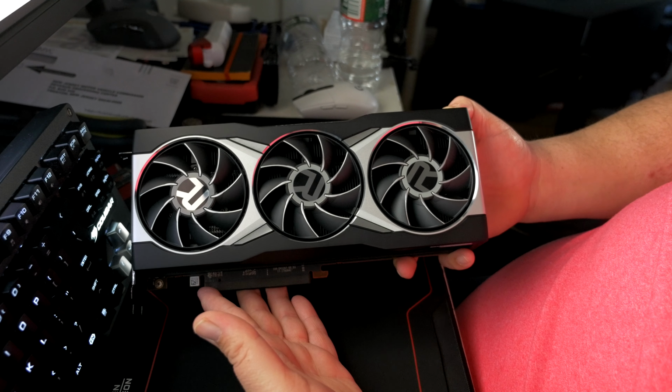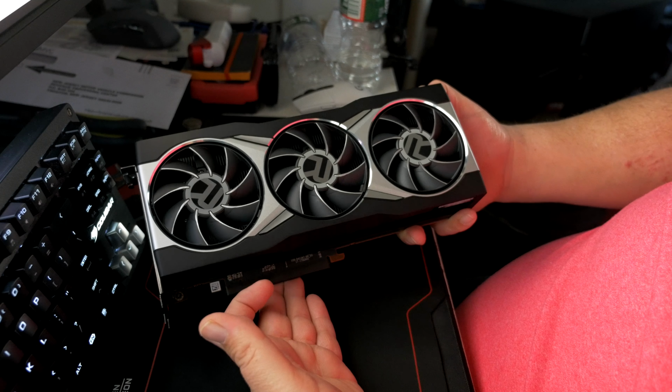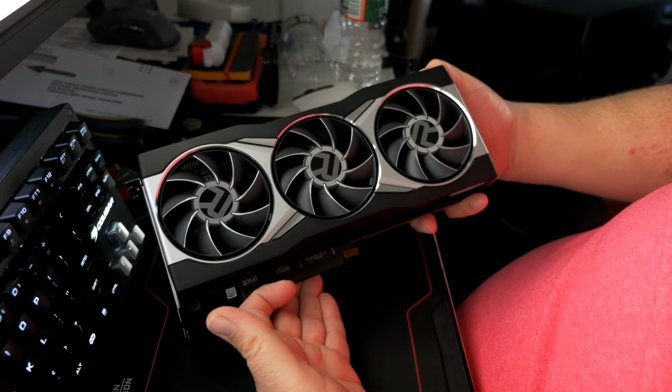As far as I can tell, it's the same size, same thickness, about a 2.5 slot card roughly, and would serve as a very good weapon for clubbing baby seals when you are not using it to play high-end video games,